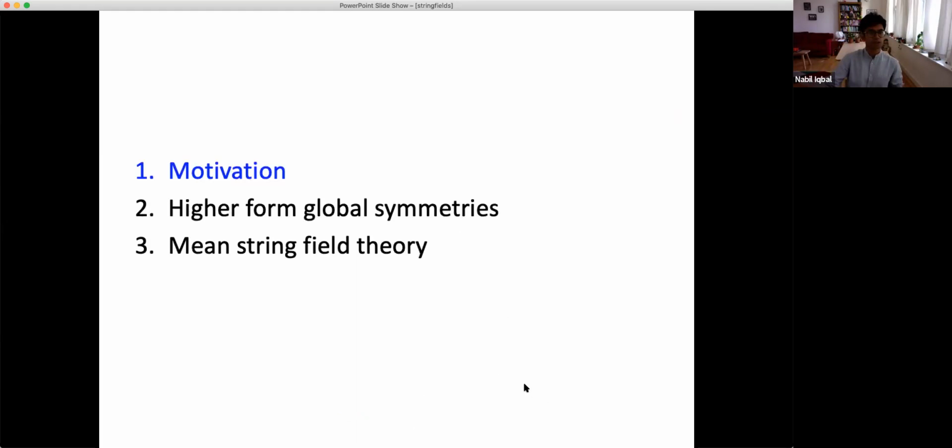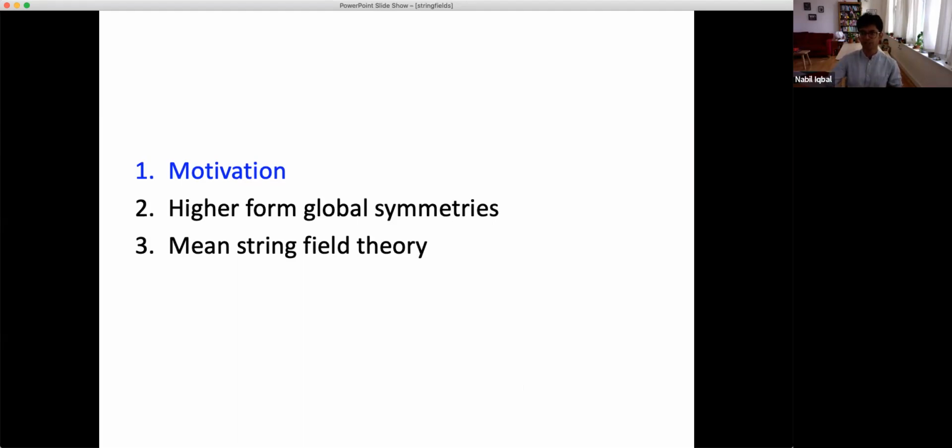So this talk is really in 3 parts. I'm going to begin with a sort of very lengthy motivation. In this motivation, I'm just going to talk about symmetries in general and why we like them. And I think most of what I'm going to say in the motivation at a technical level, people are already aware of, but I'll try to say it in a way that lets me generalize it to what's going to come next. I will then talk a little bit about higher form global symmetries.